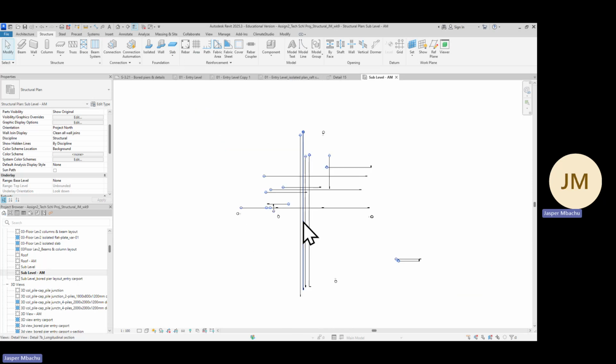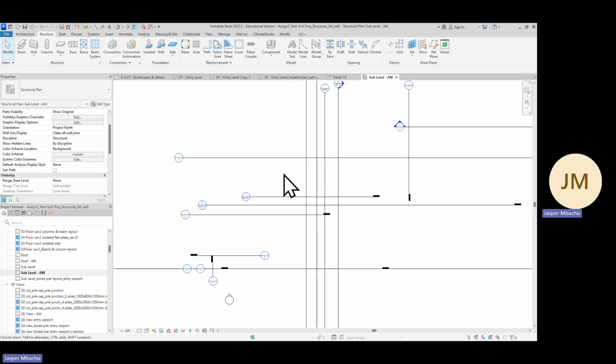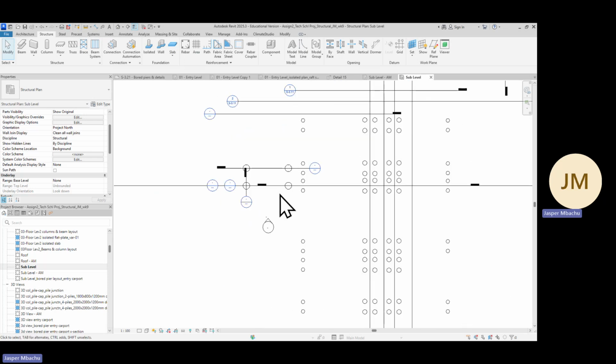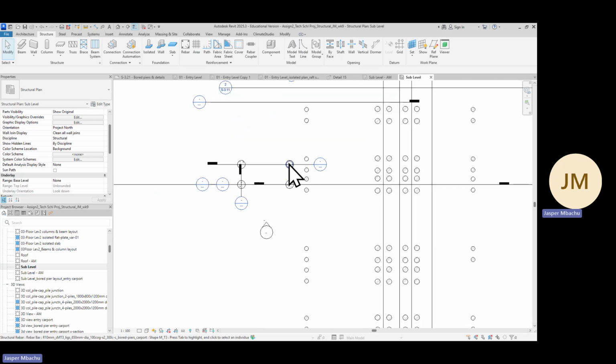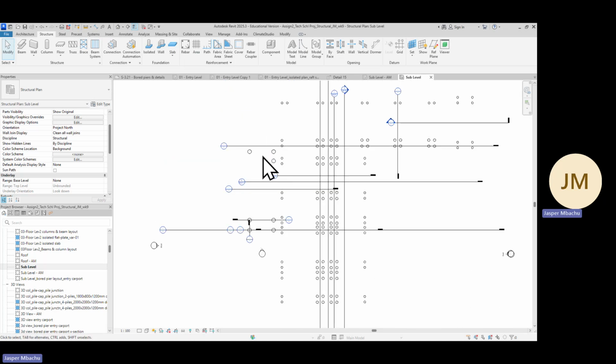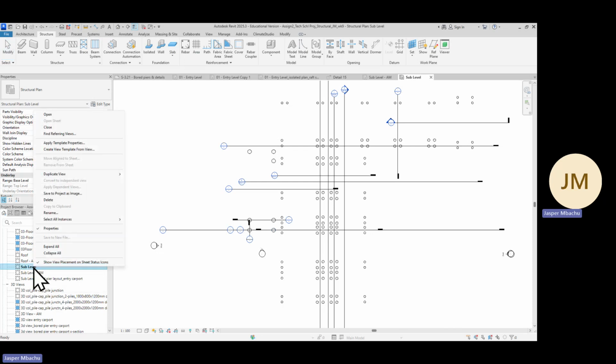So when we click on this sub-level, now we can see all those. Okay, this has been cleaned out for me. Let's think sub-level, not the AM. So when we click here, we're interested in this column 1, 2, 3, 4, 5, 6, 7. Yeah, we're interested in these ones. So you might have to clone that sub-level, right-click, and say duplicate